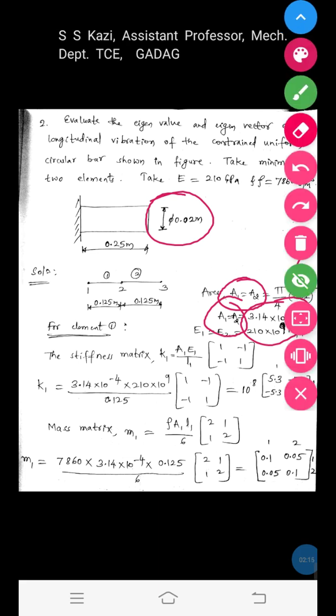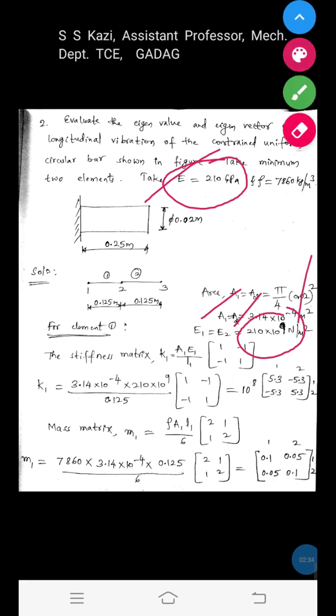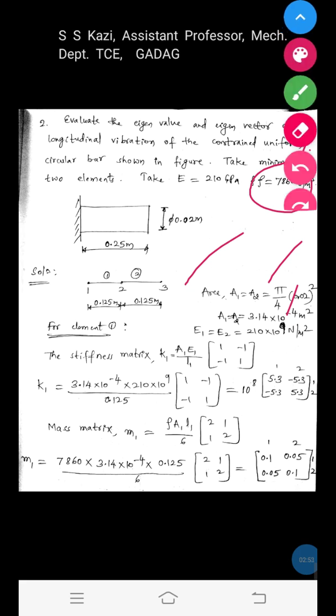Okay. Young's modulus given is 210 GPa, gigapascal. That means the entire bar is made up of same material. Hence Young's modulus of element 1 and element 2 is 210 into 10 raised to 9, since Giga is 10 raised to 9. Pascal means Newton per meter square. Hence all the data we have expressed in terms of meters. And also the density given is 7860 kg per meter cube. It is also given in terms of meter cube, then no need to convert it. And it is given in terms of mass, that is kgs, then no need to convert.